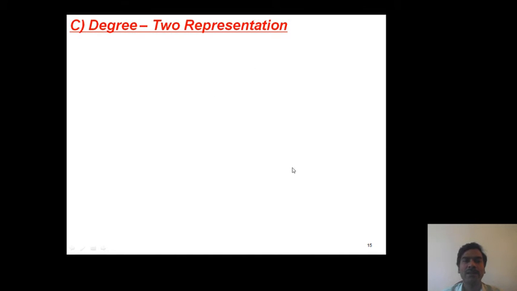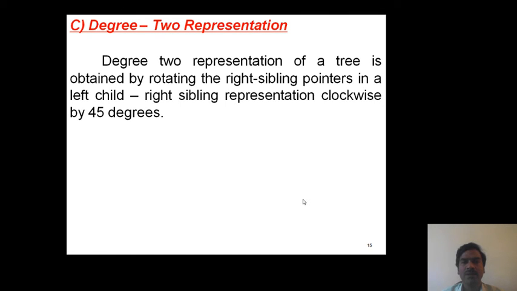The third format, degree 2 representation. Now this format arises by rotating the right sibling pointers in the left child right sibling representation in clockwise direction by 45 degrees.